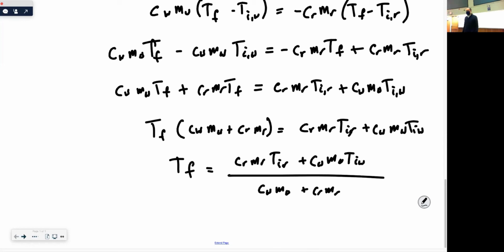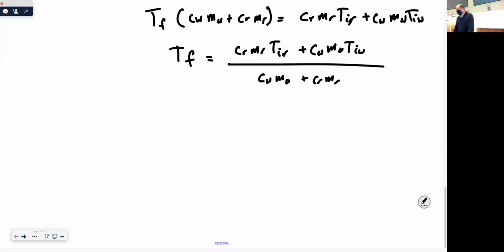You can see how we've gotten to a place where you're basically taking a weighted average. It is basically an average. You're taking the average of the initial temperature of the water and the initial temperature of the rock and dividing by some combination of the two, but you're weighting it by, of course, how much is there and what the specific heat of that substance actually is. You're weighting it by the heat capacity of those two substances, basically. This is just a weighted average. Okay, that's the final answer in symbolic terms.